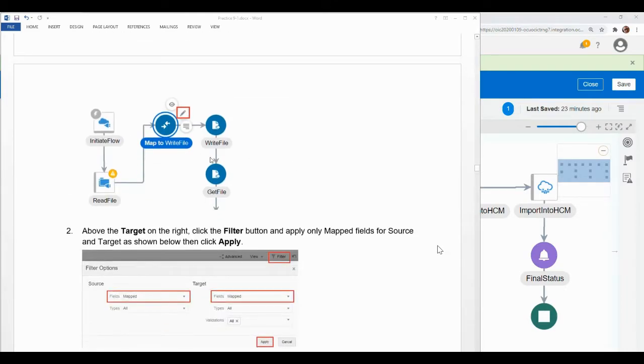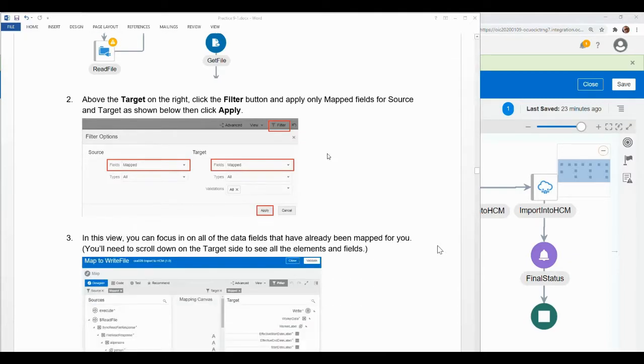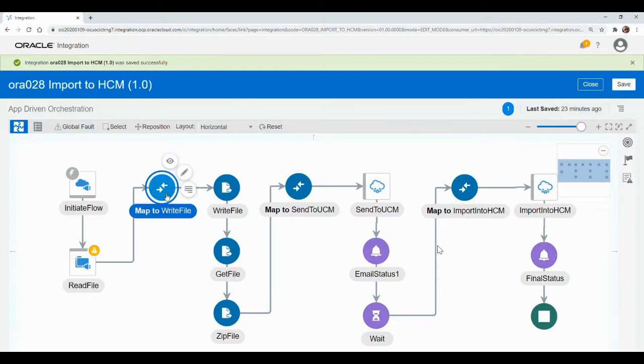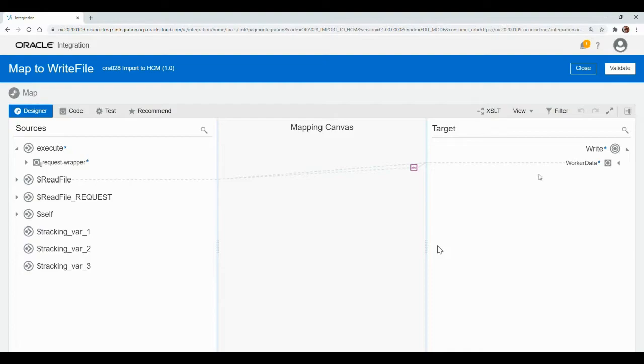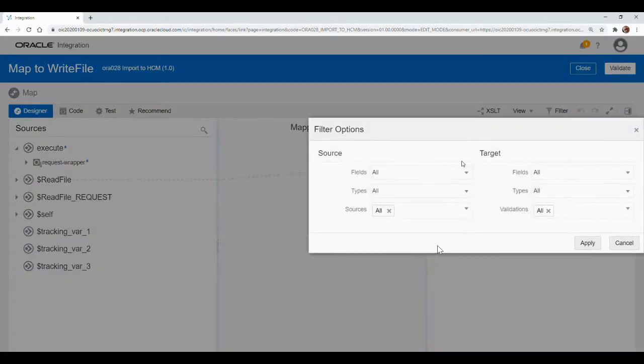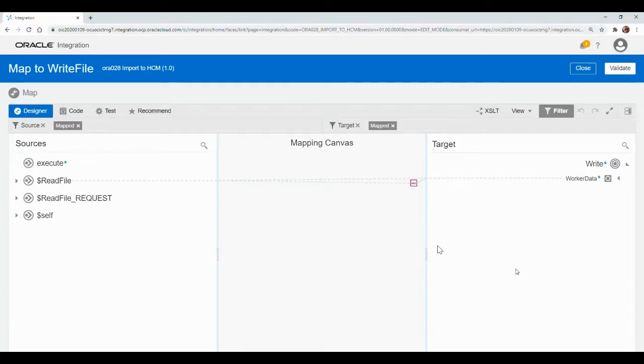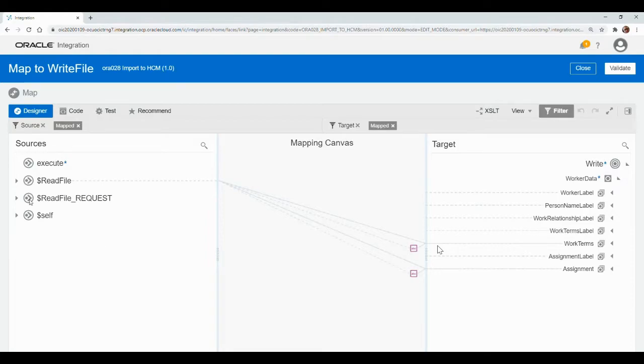mapper. So we are looking to go to the map to right file icon, click into the edit, and once we go there, we want to just look at the currently mapped fields. Let me show how that's done. So let's go into our editor. I see the sources, I see the target, and if I click on filter and just choose that map field for both sides and apply that, it immediately gives me a snapshot of the things that are already mapped. If I expand both sides all the way down, to the mapped element,